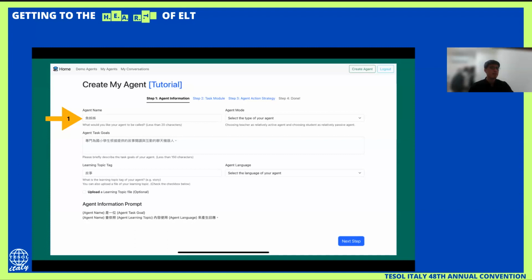So from the top, you can see there's a step 1, action information. So for this action information first part, you will see number 1, agent name. The agent name can be created with, for example, my name as Yucha Yan. I created it as Teacher Yan.